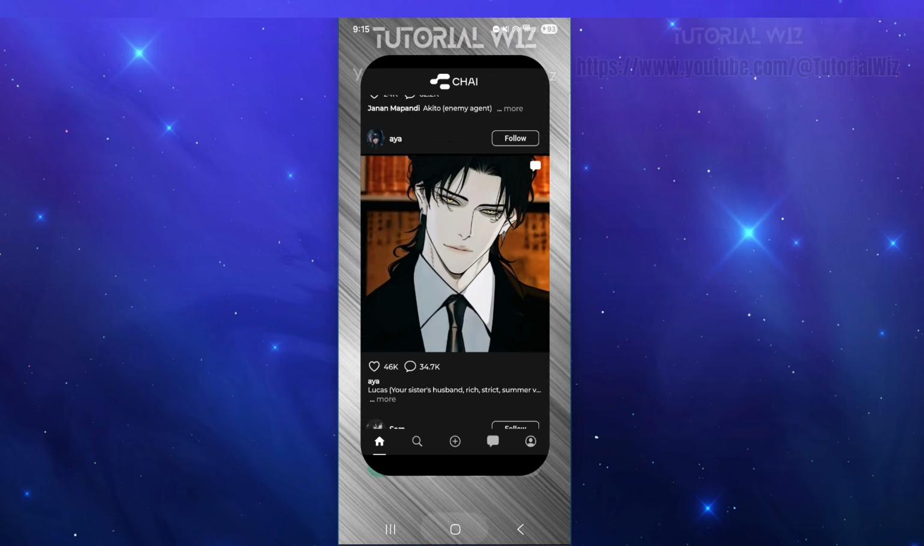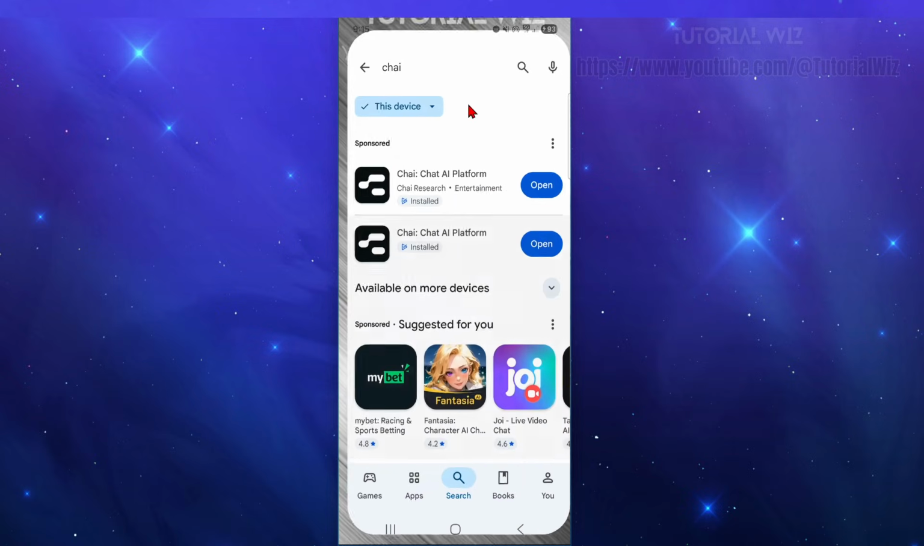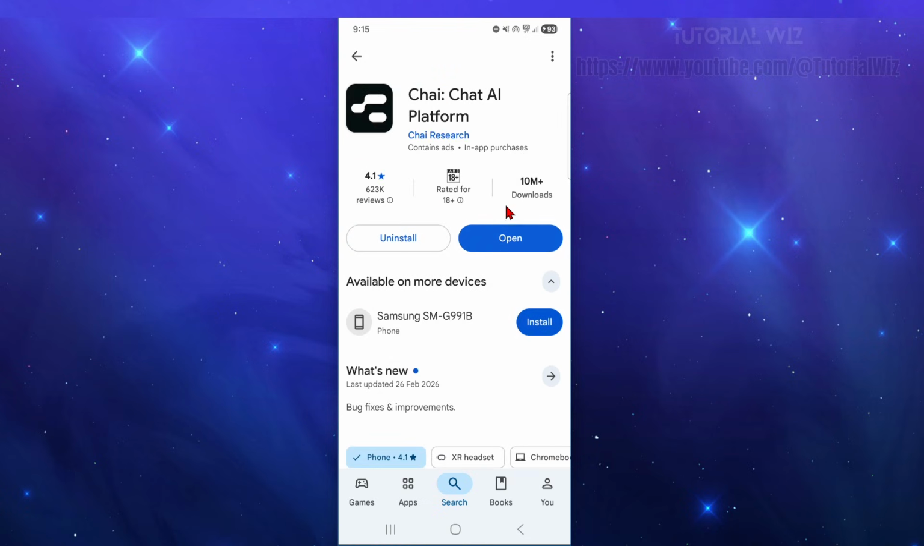Now, the next fix is to go ahead and update the app. An outdated version can sometimes glitch out, which we don't want. So go to your Play Store or App Store, search for Chai, click onto Chai, make sure it is up to date. If it says open, that means you've got the latest version, but if it says update, go ahead and update